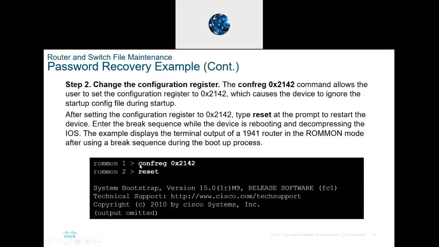See the command to change the configuration register here: confreg. Confreg is different from config because of where I am right now. Where I am right now, confreg is what will work for me. So I can only change the configuration register with this command. So when I say confreg